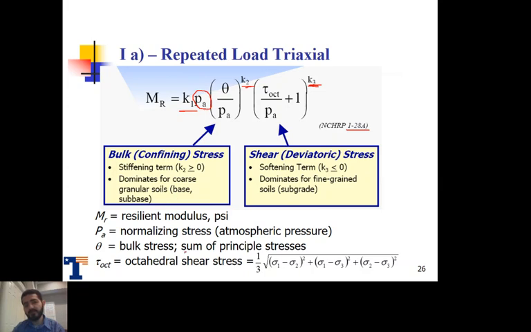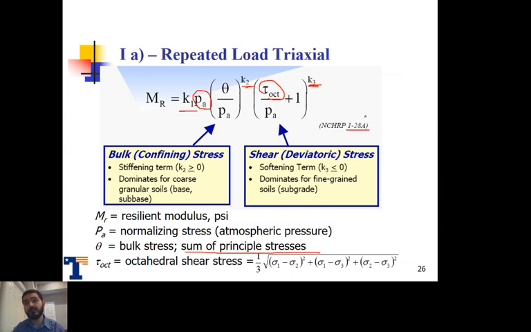Theta, this is the bulk stress, which is the sum of the principal stresses. Tau octahedral, this is the octahedral shear stress, which is 1/3 of the square root of (sigma 1 minus sigma 2) squared plus (sigma 1 minus sigma 3) squared plus (sigma 2 minus sigma 3) squared. So this equation actually estimates for us the resilient modulus for both